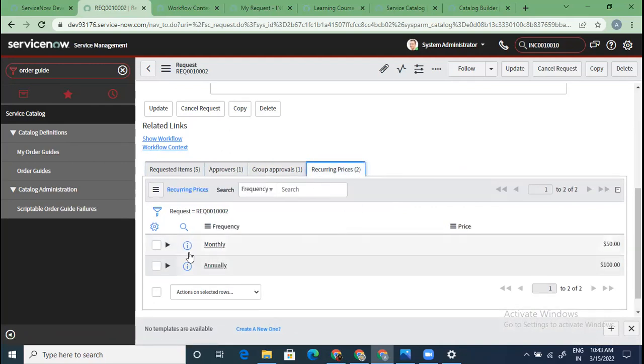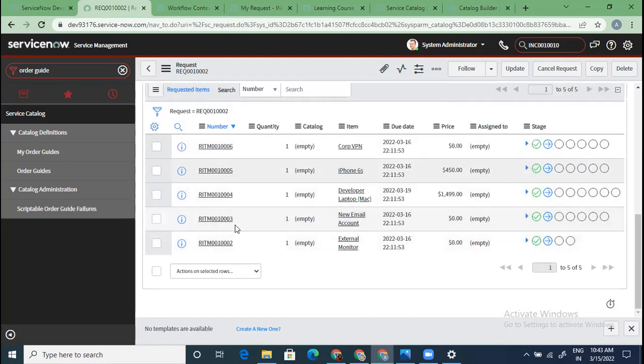These are the recurring prices. One was monthly $50 and one was annually $100. If you remember, we have selected those 2 options for recurring prices in the same case. Now I can go back to the same thing and start closing these tasks, right? So you can see approval is done. That is why this particular thing is completed. This is checked in. Now it is in fulfillment. Everything is in fulfillment right now. So you can fulfill these tasks and do the same thing which you did earlier, right? So this is how